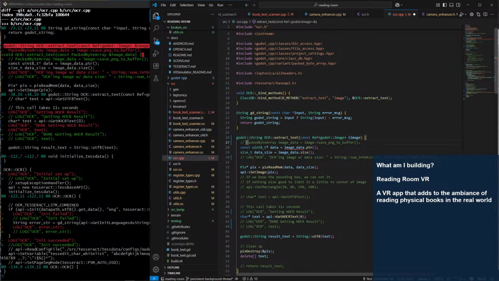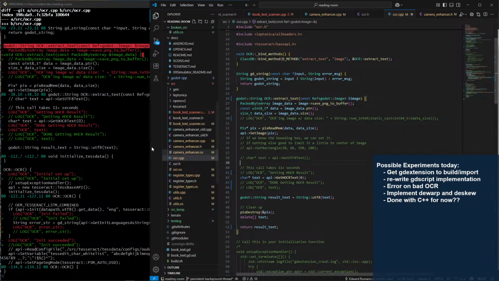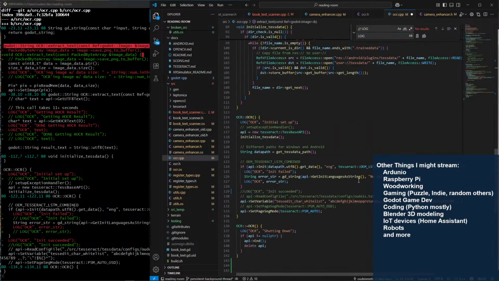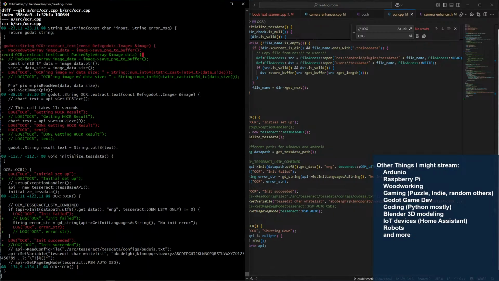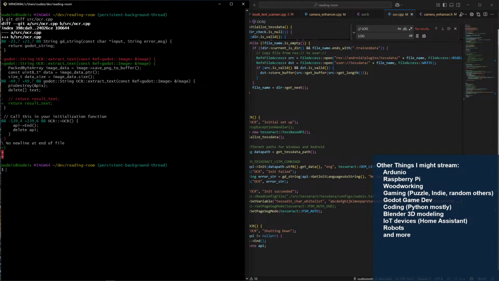And then the pack byte array. And then we return the result. We can do slash log and change that to just log. Do that on all of them. And then the last one, this one was wrong. Why are you different?